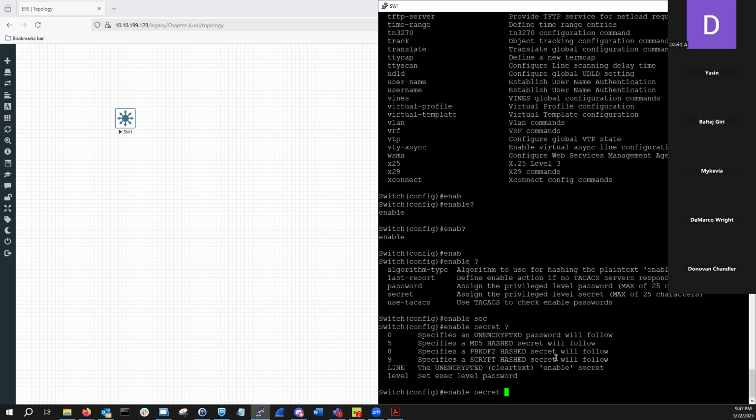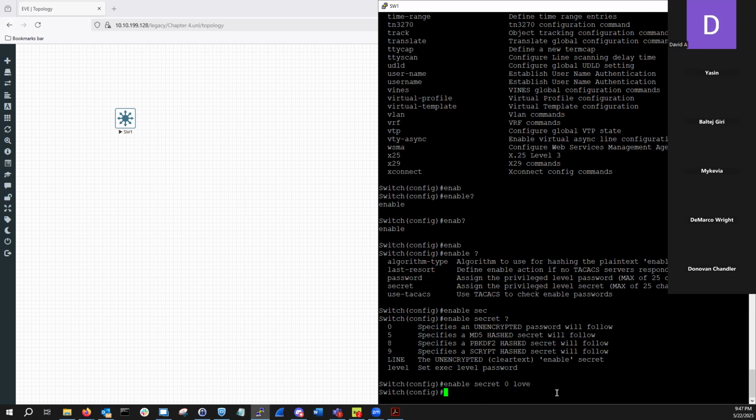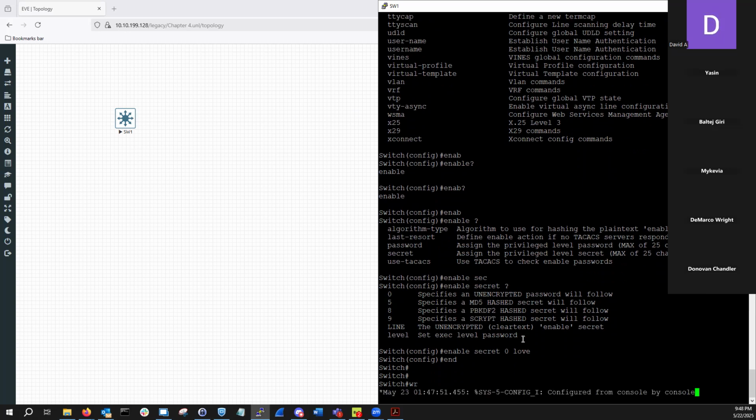So we have different options, and we'll go over security in future chapters. Right now, as I shouldn't do, but we'll do anyway to keep it easy, we are going to configure an unencrypted password. That'll be in plain text within our config. Shouldn't do this, but we'll do it anyway. So we're going to type love. Okay, all right. Since we have this configured, let's save this